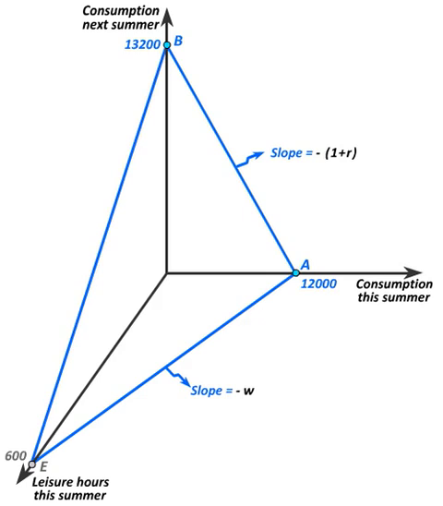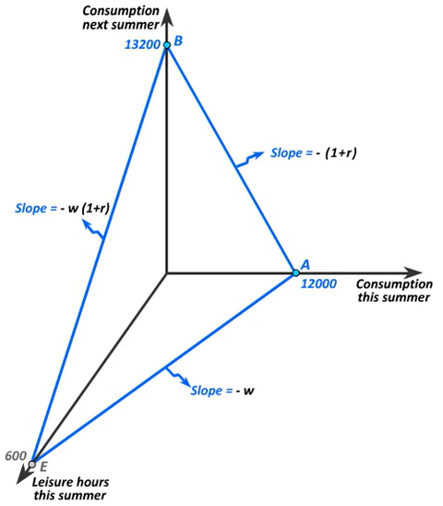Now suppose you've decided to not consume this summer at all. All you'll do is work now, and then you'll consume next summer. In that case, we operate in the plane that's formed by the axis consumption next summer and leisure hours this summer. The opportunity cost of consuming an hour of leisure this summer then becomes the wage that you give up plus the interest that you give up by not having that wage to put into your savings account. In other words, if you take 1 hour of leisure, you give up $20 in the wage and $2 in interest income that you could be making from that $20.